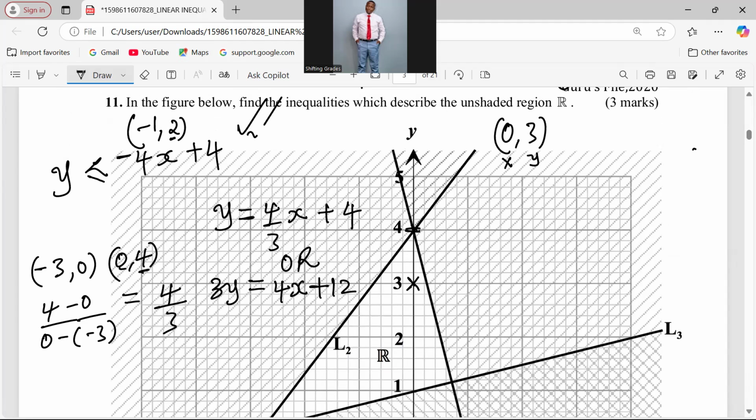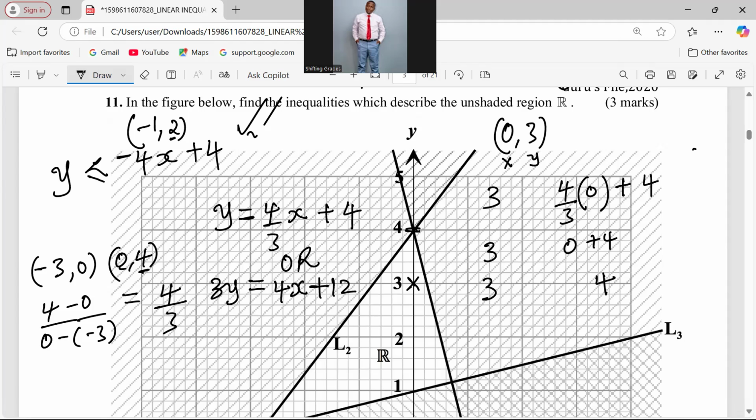Then on the right-hand side, you will be having 4 over 3 multiplied by 0, and we add 4. So this will be 3 and 0 plus 4. So 3 and 4